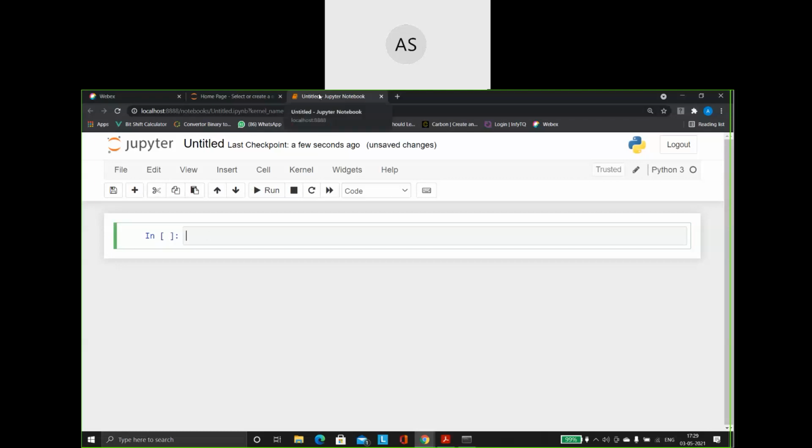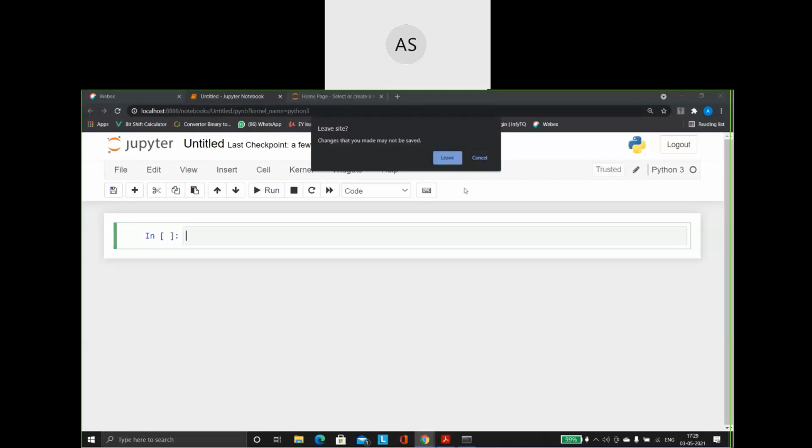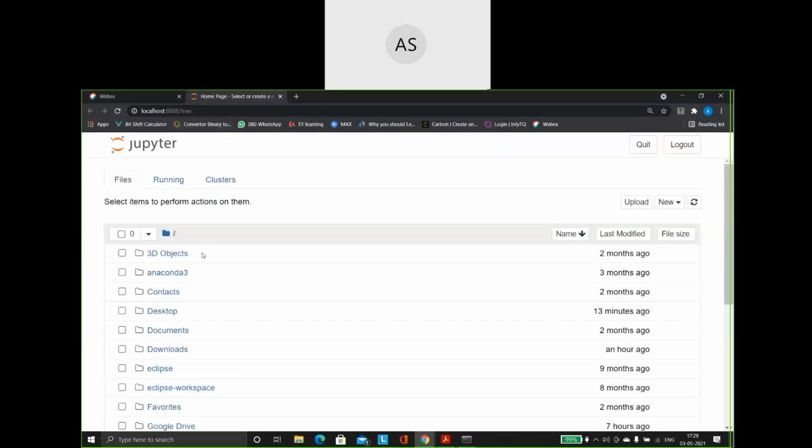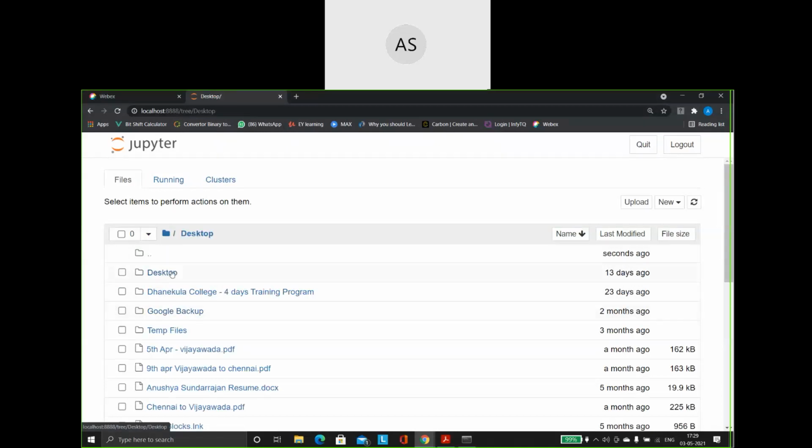Here I'm going to make use of one thing that I have already created. I have created all my files in a folder, so I'm going to make use of that.